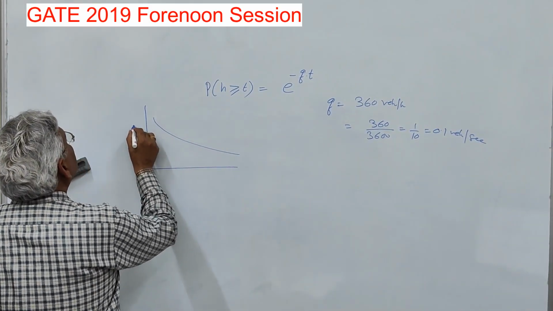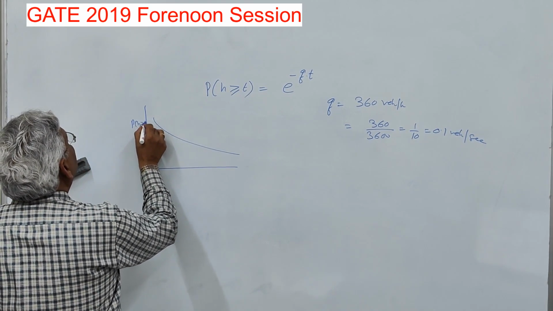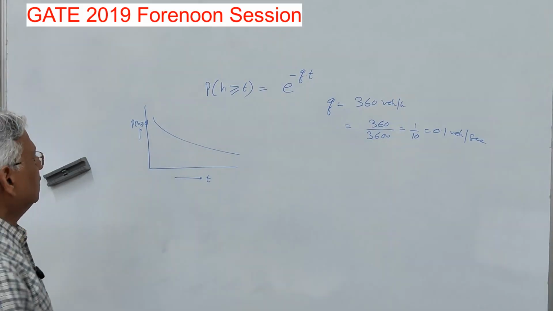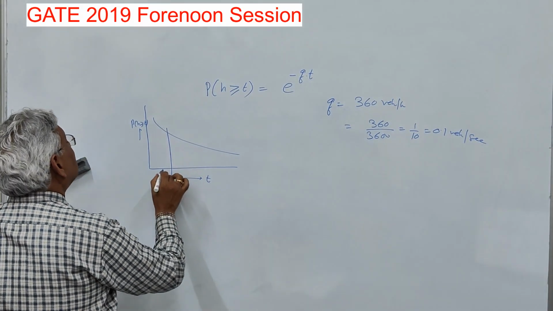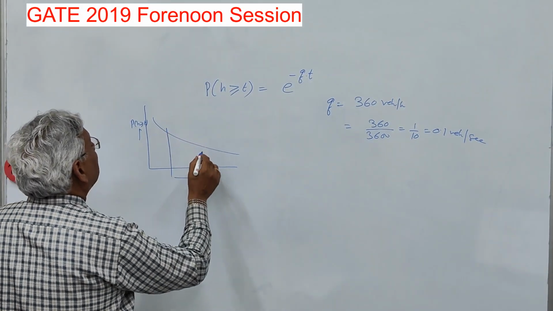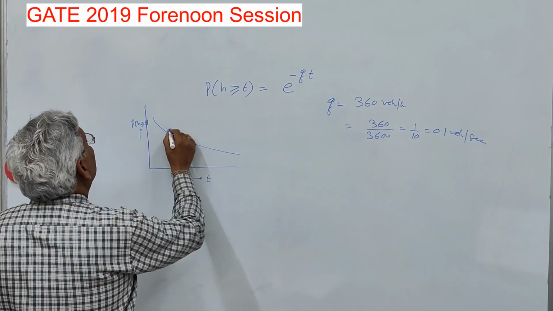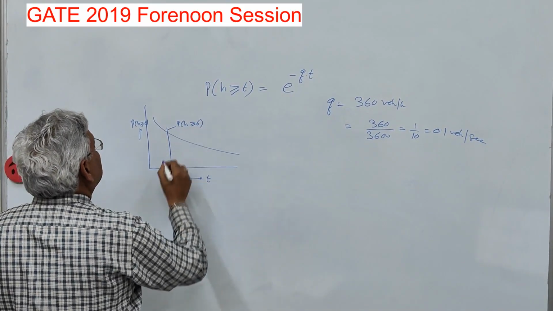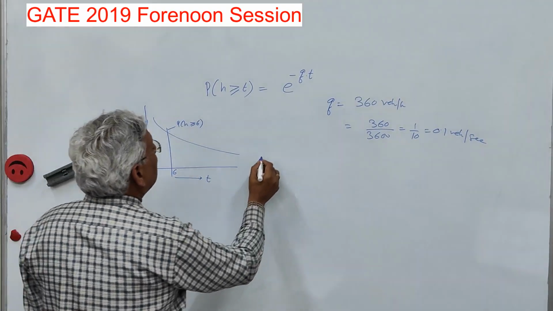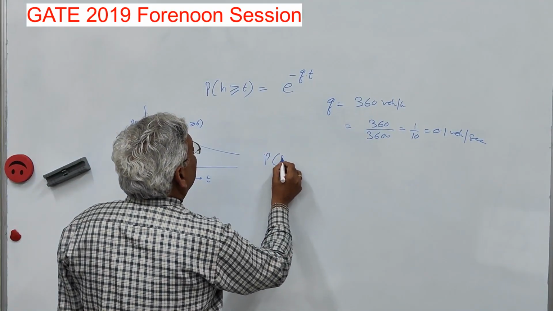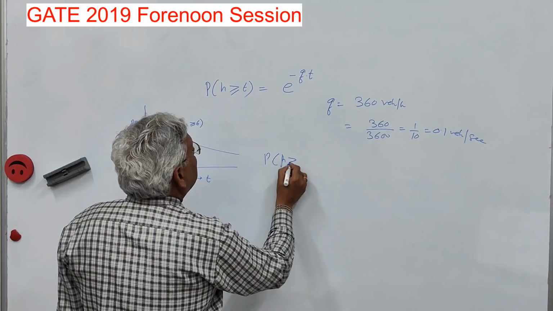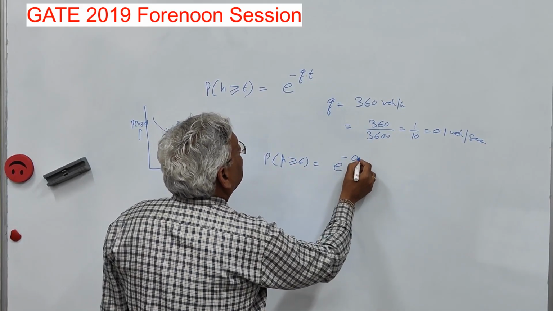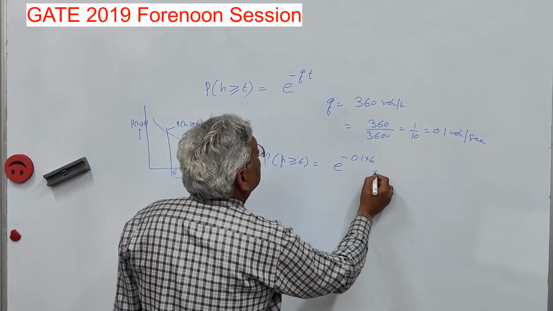This is the probability of headway being more than or equal to t, and this is time t. Now this is 6 seconds. Find out the probability of headway being more than or equal to 6 seconds, which is e to the power minus 0.1 into 6,